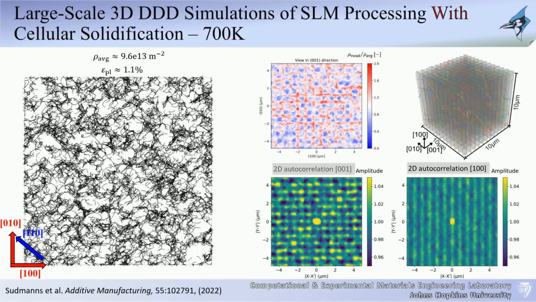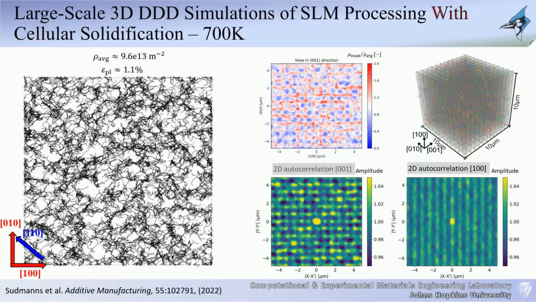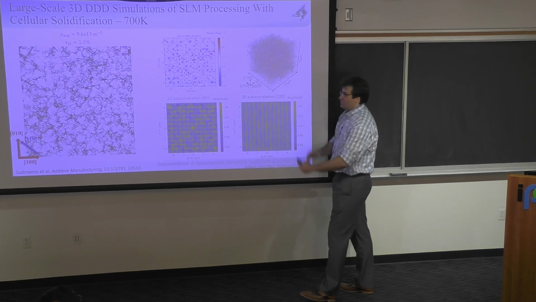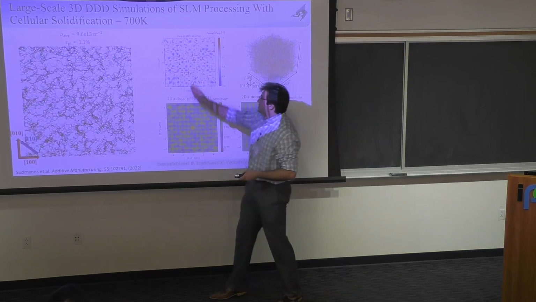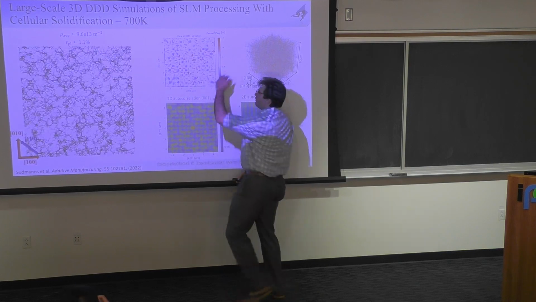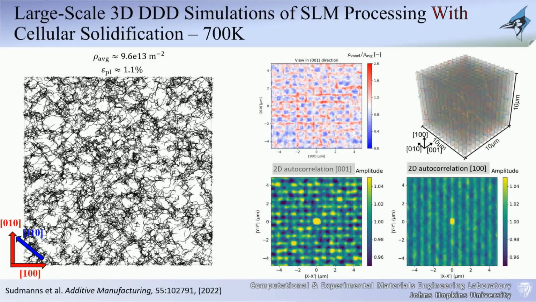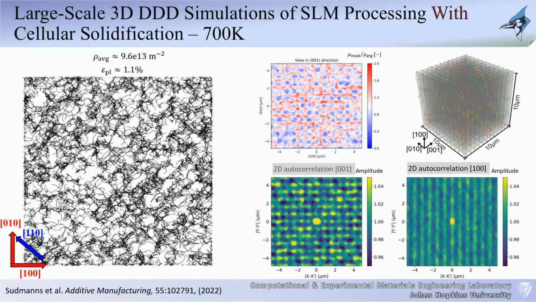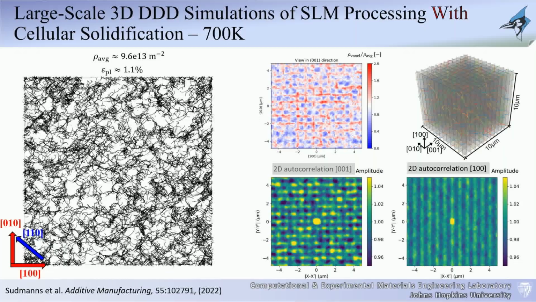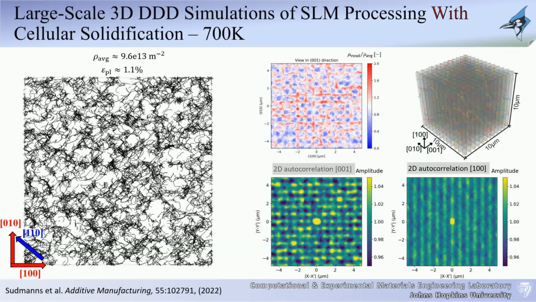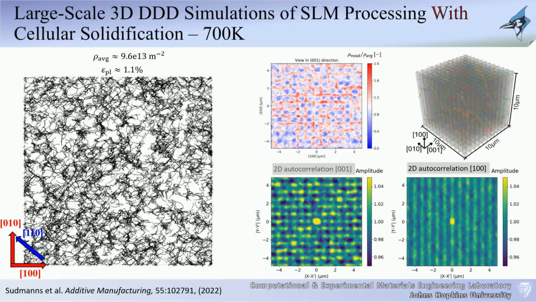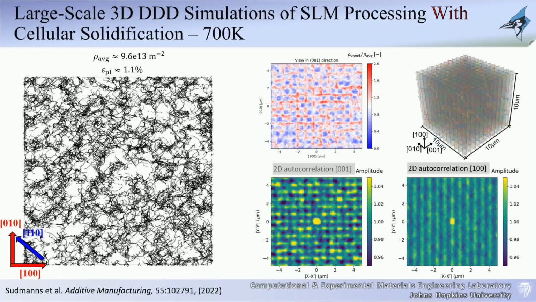But if you actually do the calculations of the local dislocation density for the entire sample and collapse it onto a 2D plane just to see it in 2D, this is what you get. The red represents high dislocation densities, blue represents low dislocation densities. Right away, you can clearly see the quite nice checkered pattern, right? The neat thing with dislocation dynamics is that you have all the information about the dislocations, so you can do two-point correlations. You can look into the dislocation structure, generate 2-point correlations, and identify if any specific patterns develop.